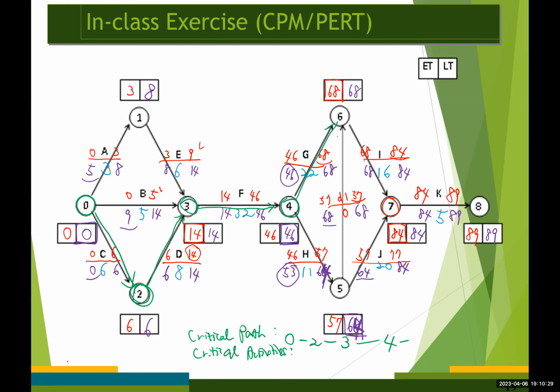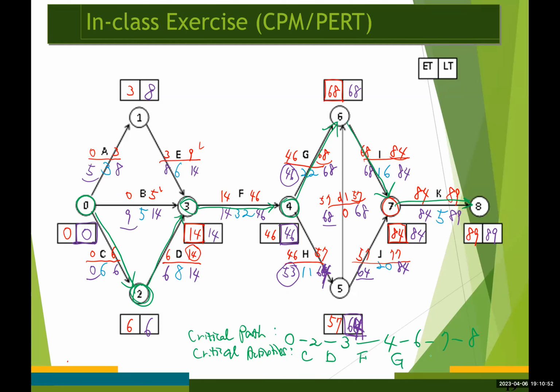And then event number 6, 7, 8, right? So 6, 7, and 8. That's our critical path. And the critical activities do include C, D, F,